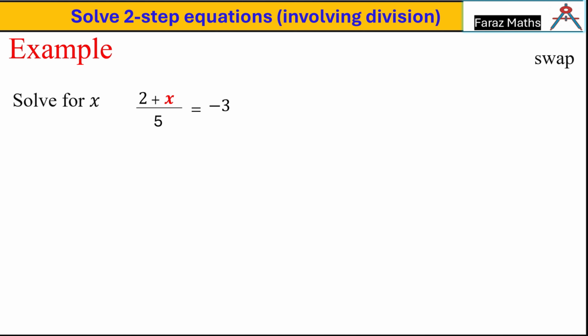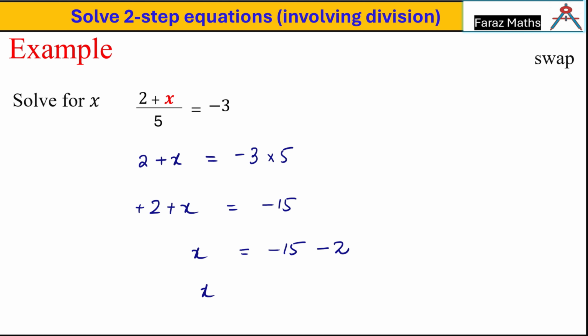The next question we have: solve for x, 2 plus x over 5 equal negative 3. We can write it in this way. 2 plus x equals minus 3 times 5, because we have a single fraction over there: numerator over denominator equals some number. So we can move this 5 to the other side. 5 is in division on the left side, so it will multiply on the right side. And then 2 plus x is equal to minus 15. This 2 is with a positive sign, it is with addition. So now we have to subtract 2 from the right-hand side,